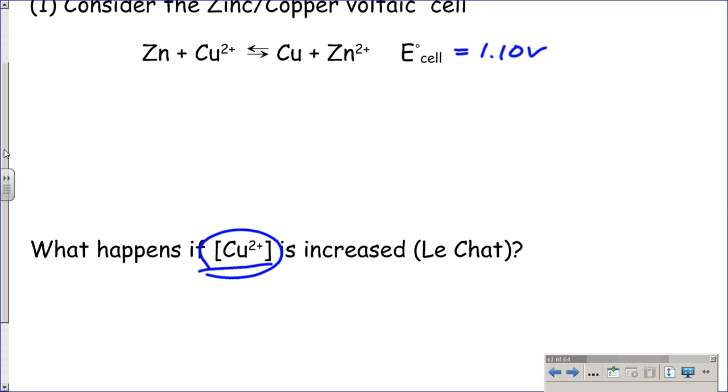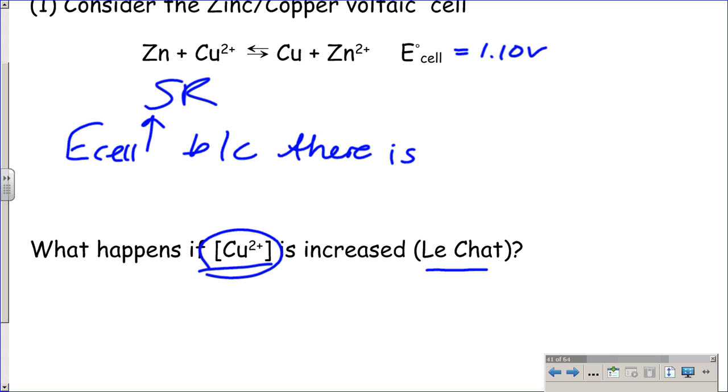Tell me baby steps. Increasing copper 2+. What do you normally get to say when you're talking about Le Chatelier's? Okay, so it's going to shift right. So what's going to happen to E cell? Increase or decrease? Okay, E cell increases because